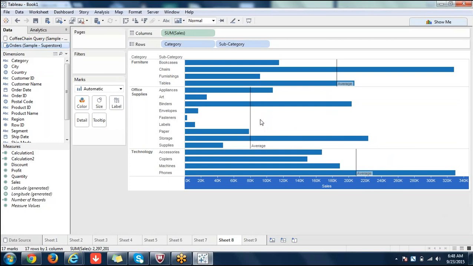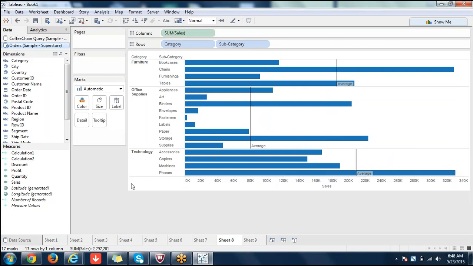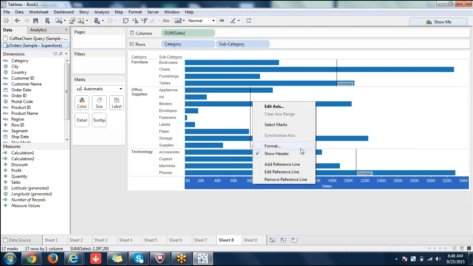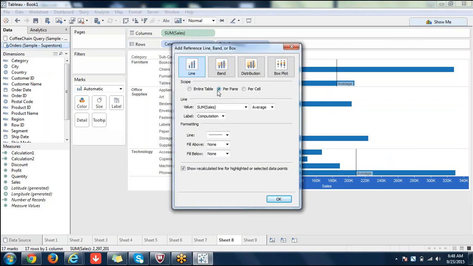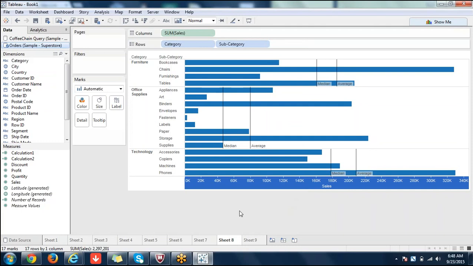So you can compare things like this. I mean, you can say my appliances sales is way more than my average sales throughout this year. Such things, right? You can analyze your data like that, or you can add more lines. I'm adding per pane only as of now. You can add some constant line or a median or such things. Median and average will be the same in this situation. See that? Median, what is median? In box plot we have seen what is median. So median is the center part, right?